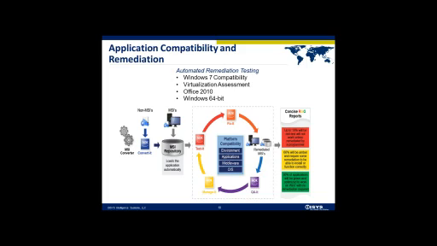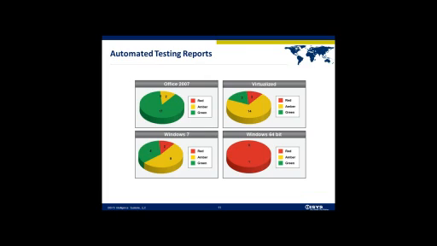And making those determinations to decide where it should go with that. We come up with some automated testing reports, which we can go out and start taking a look at. And Windows 7 has been out for a bit now, so Microsoft does collect some of this information, and there is other information out there where we can run some automated testing and start determining how many of these applications actually fit in or have compatibility with Windows 7, and determine which ones we need to, if we need to